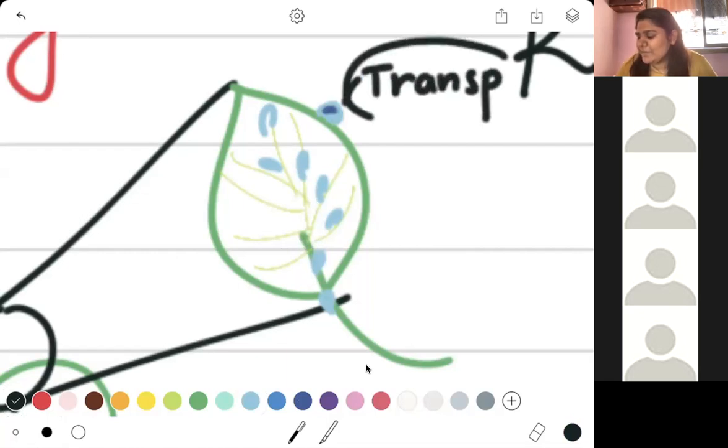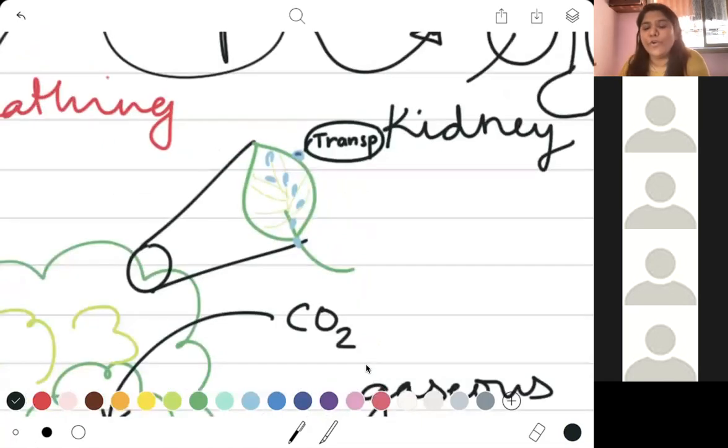This is also the way that you can think your plants are sweating. Sweating is a form of excretion. When humans sweat, we say that we are excreting unwanted materials through our skin. Sweating is good for you. So plants also go on sweating, but their sweating is not called sweating, because then it would be very confusing. We don't want all of that confusion, and because biologists are so fancy, they need to come up with new terms. So transpiration. I spoke a lot of things in one sentence. So there's going to be transpiration.